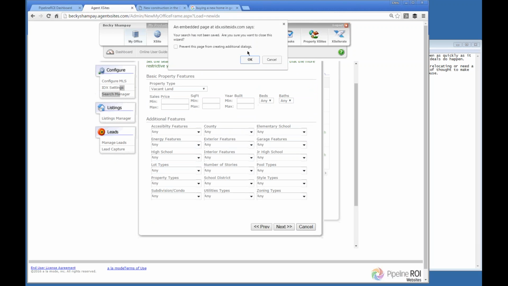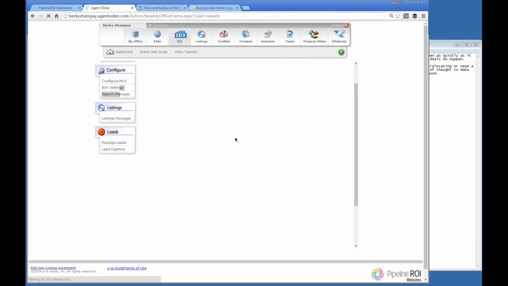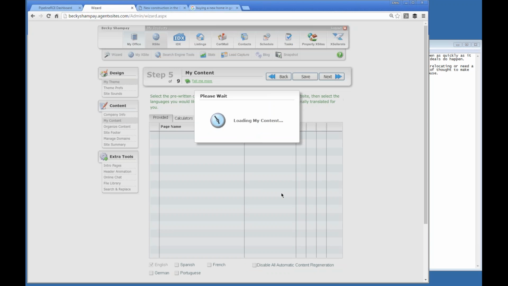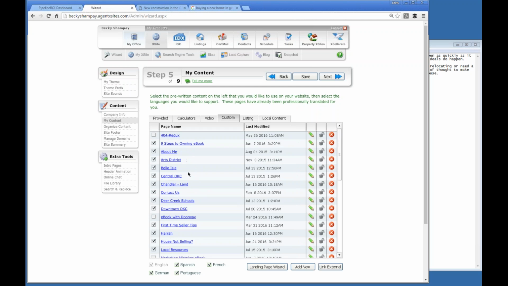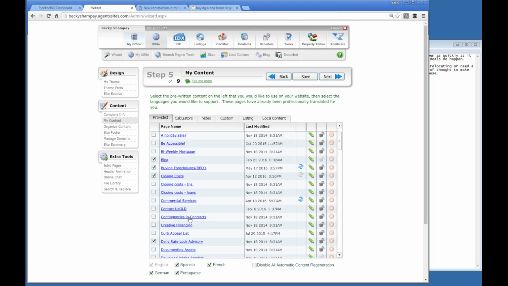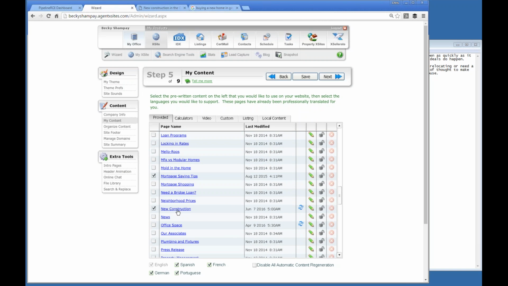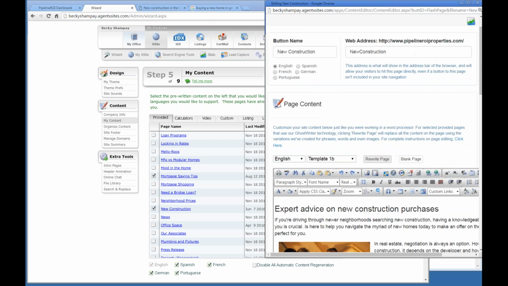Another way that you could do it is when you're importing your listings, you could set the listing search to be homes that are new construction. And again, that's something our support team can help you with as well, because I just looked at the clock, I've got 4 minutes. But once you create that saved search, let's go back over to our content area, you can then add it. Where's our new construction page? New construction. You can then go down here